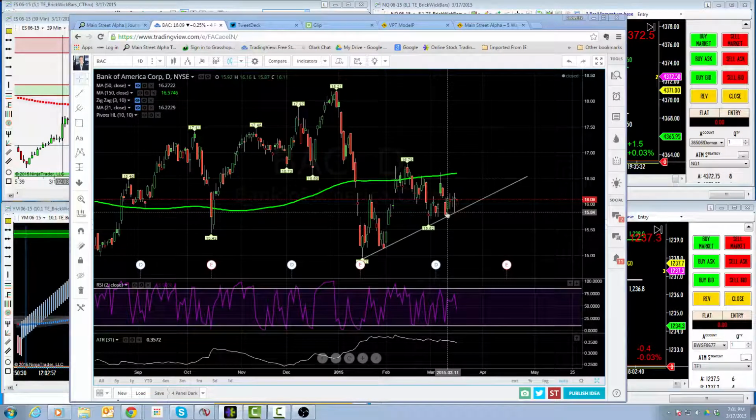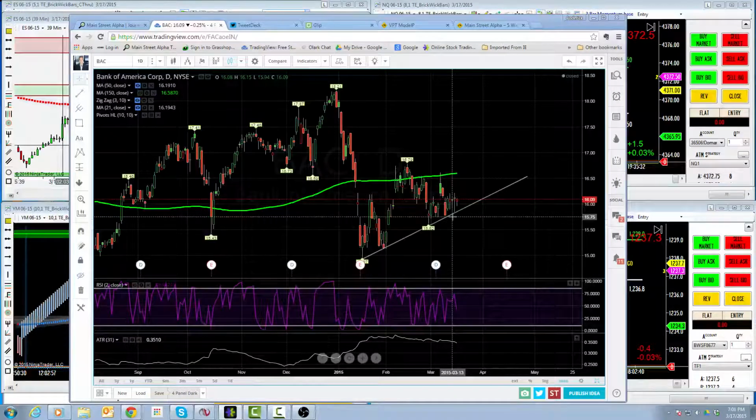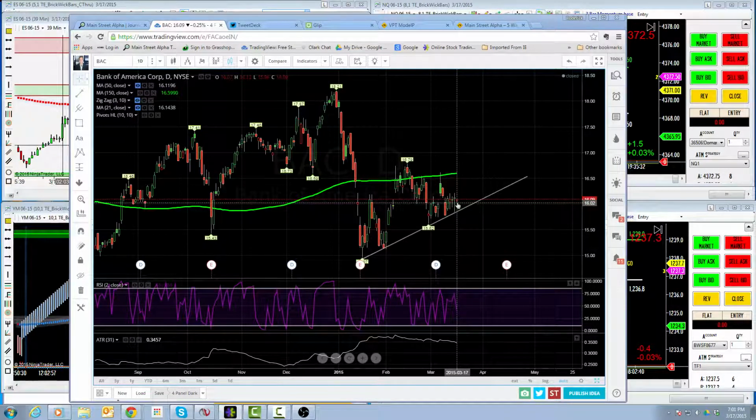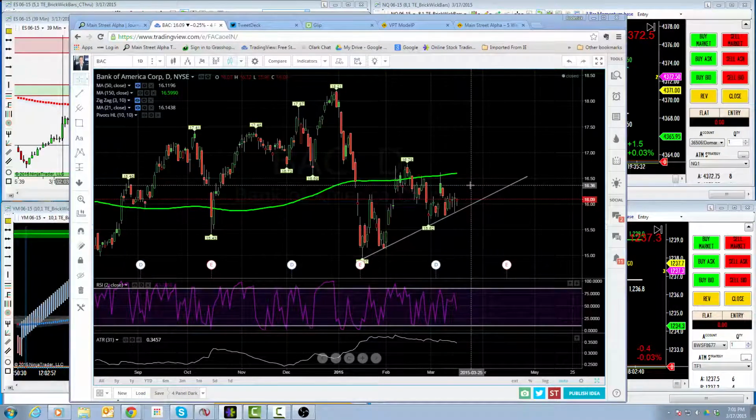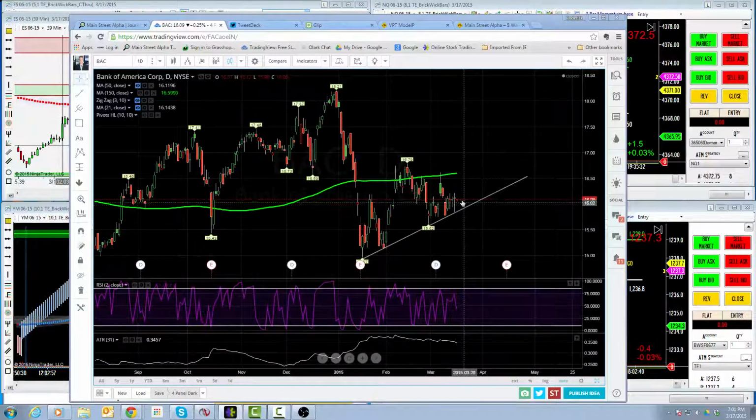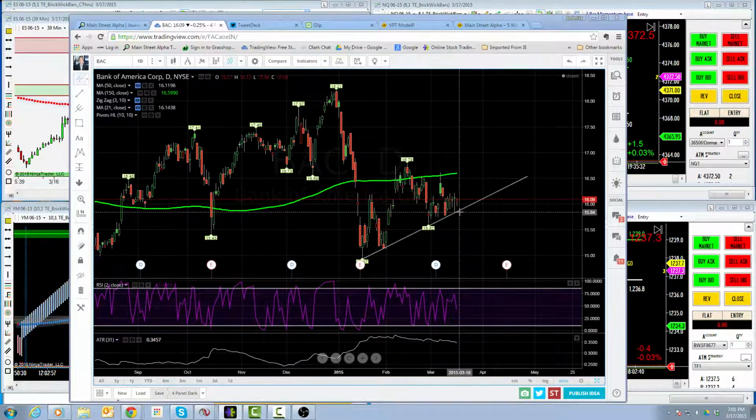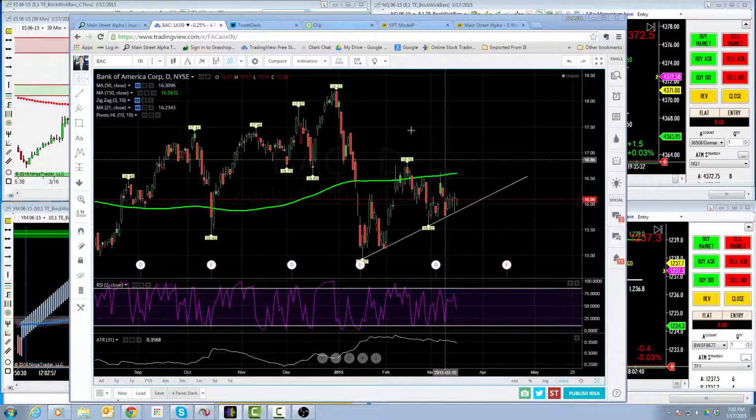So I like Bank of America here. It will be volatile tomorrow as well. Easily could give up 20, 30, 40, 50 cents if for some reason the financials roll over. Now the way this should work is if it looks like there's any kind of hawkishness or that interest rates are actually going to go up at all this year or ever, the banks should rally because a steepening yield curve should be good for the financials, etc. But who knows? Anyway, we're long 100 contracts, so that's controlling 10,000 shares of Bank of America at about 16. We bought some more today, and sorry, 75. We unloaded about 25 of those.